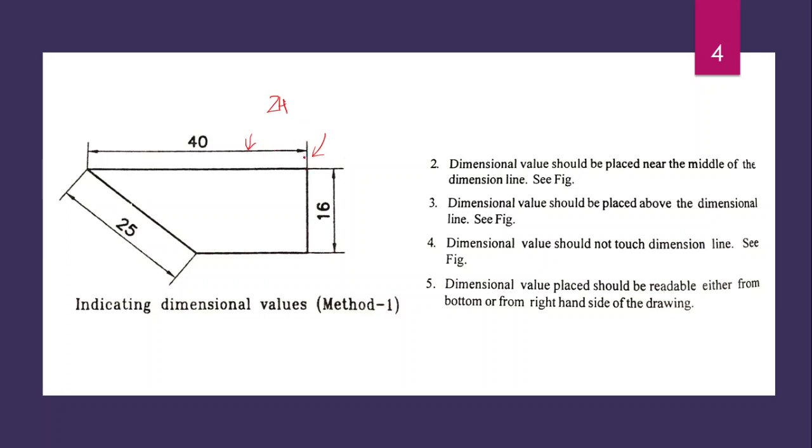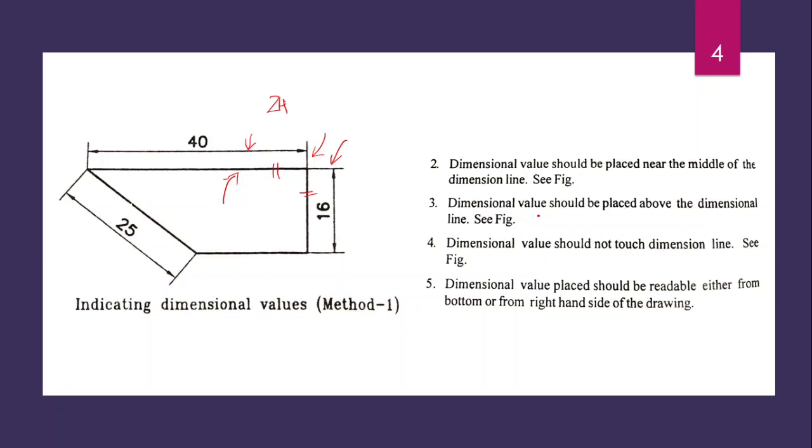Here we can say that the projection lines are always perpendicular to the specified edge. If the edge is this one, then this projection line must be perpendicular to this particular edge. If we represent this vertical edge, then again these projection lines are perpendicular to that vertical edge.